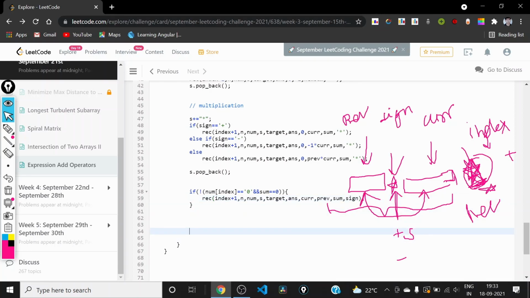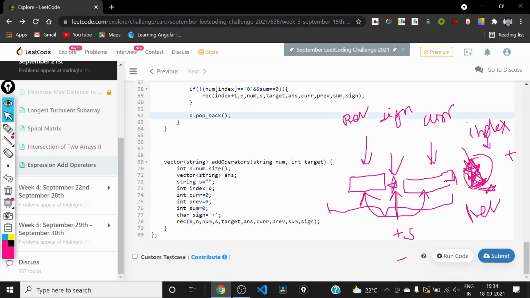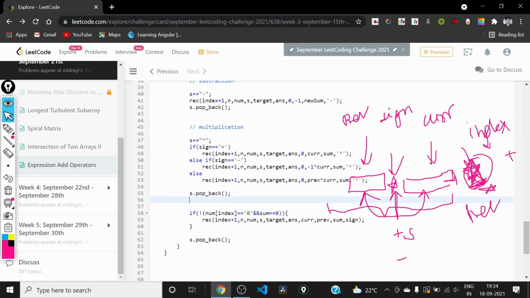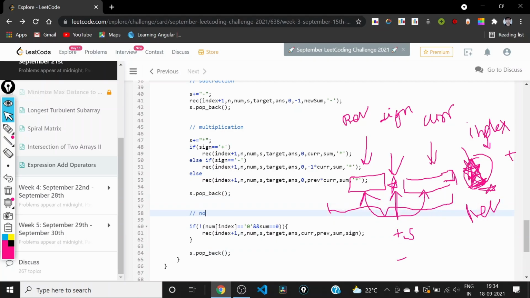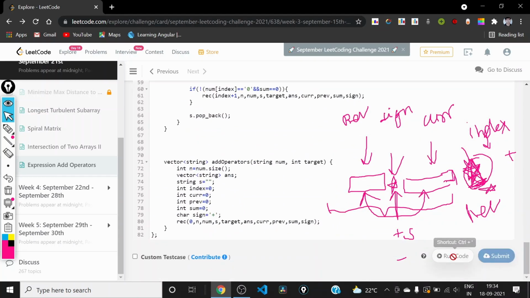In the end, we need to make sure that we are popping this string again, because we appended the present character to it. After doing this, I think this solution should work. We can check for the compilation issues.